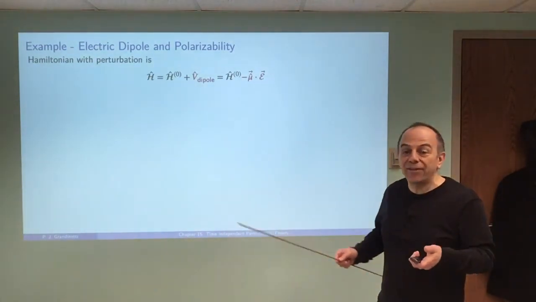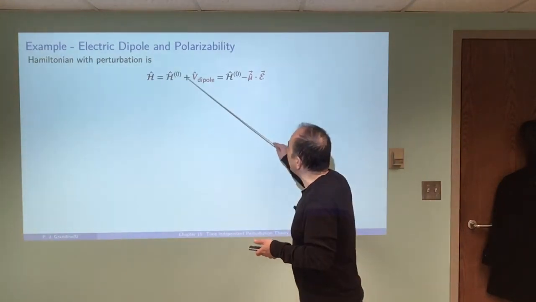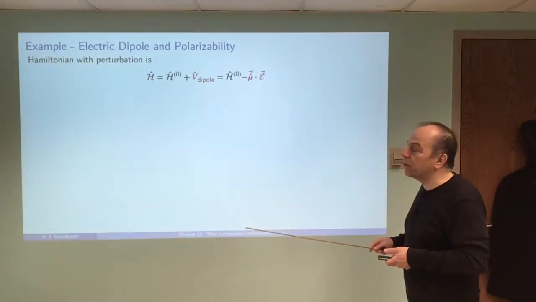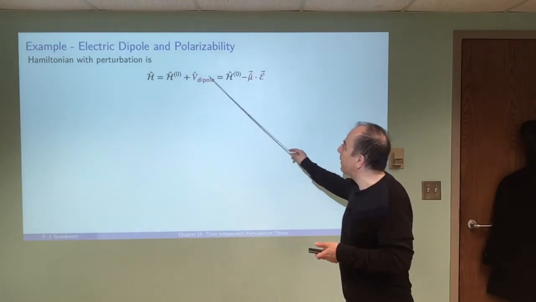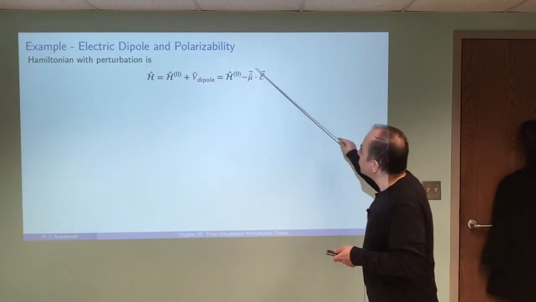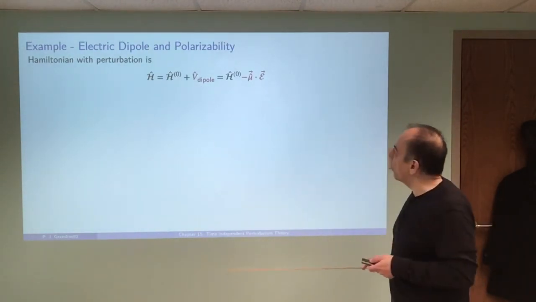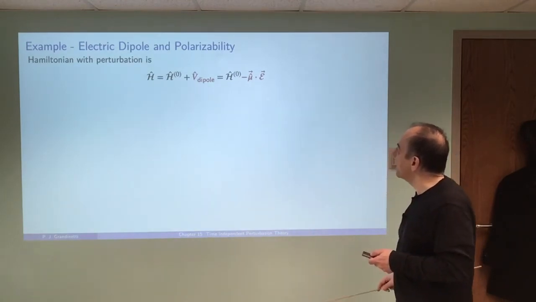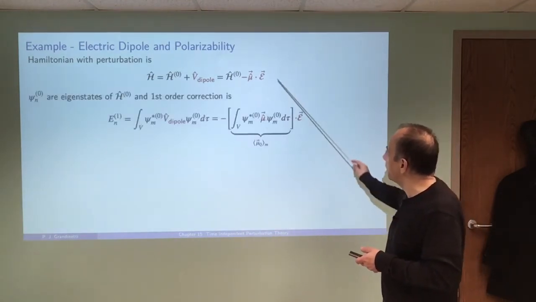We'll just know that we have that solution. And we're going to add a perturbation. We want to know how to correct the energies that we already know based on the presence of that perturbation. So here's what we have in terms of our full form for the potential energy, the potential that perturbs the